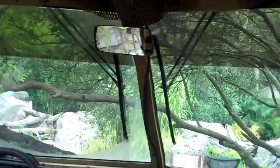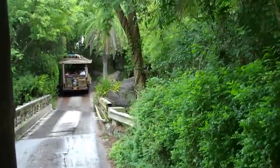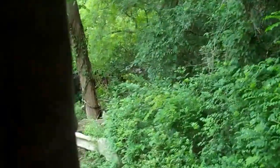It looks like we are coming up on a bridge up ahead. Now, most of the hippos here on the reserve are a lot older now, so don't trust them too much. We're just going to head over cautiously. Kind of remain seated. If that wasn't a good enough reason, if you look over to our left, you can